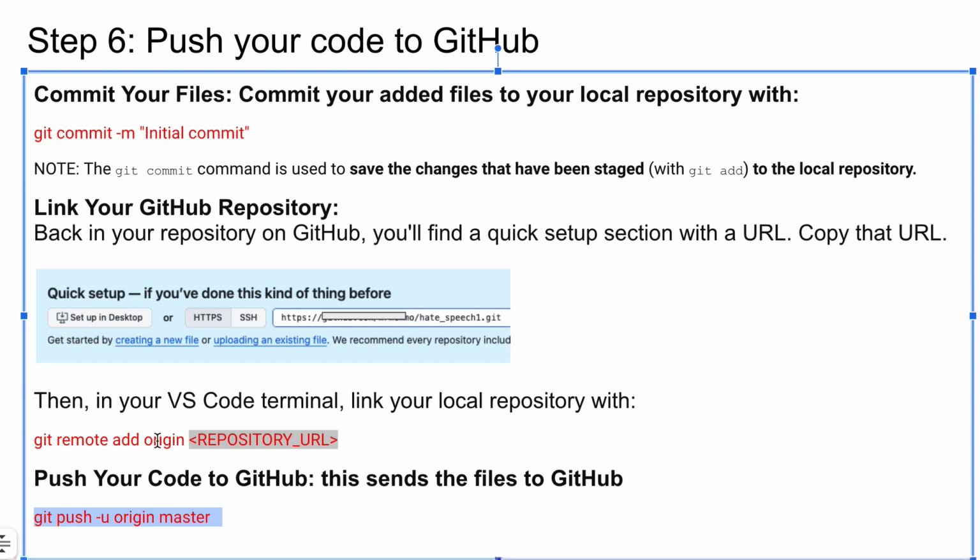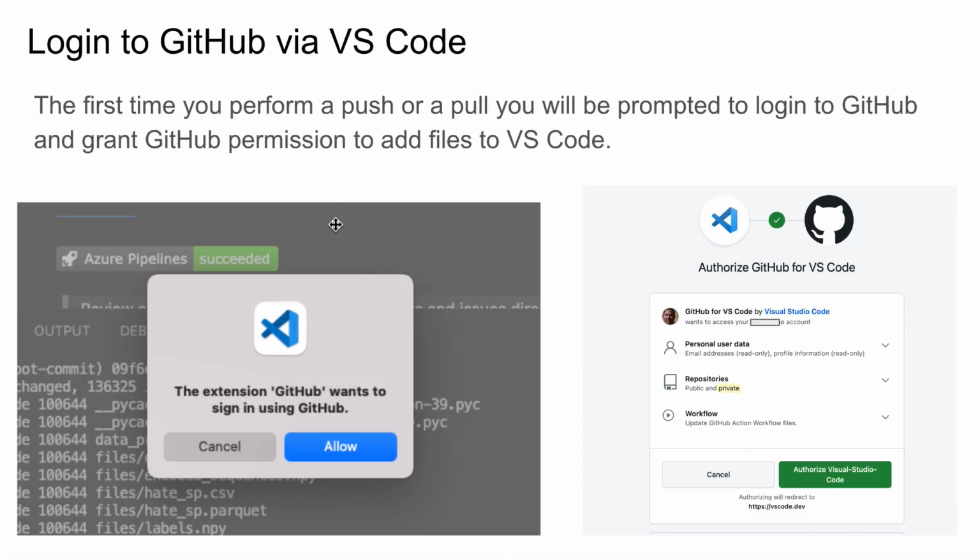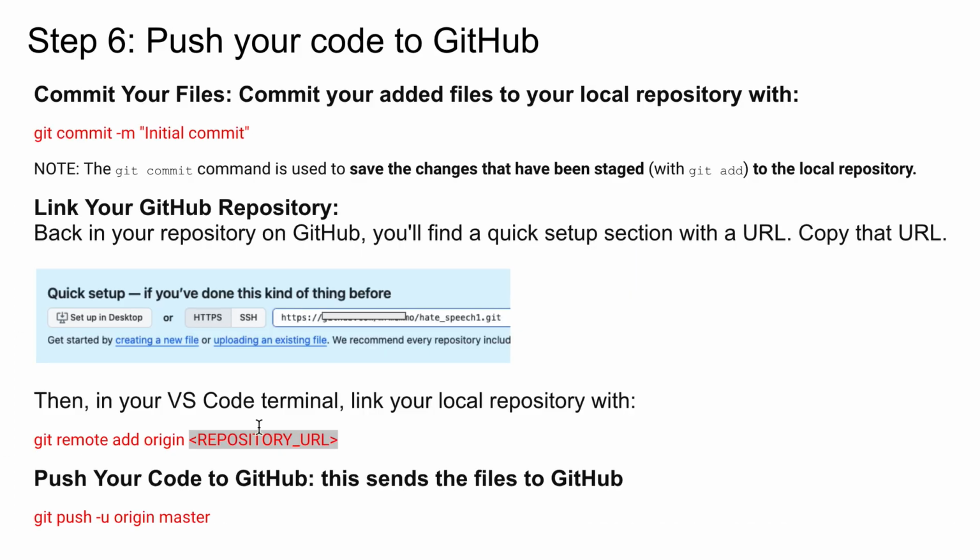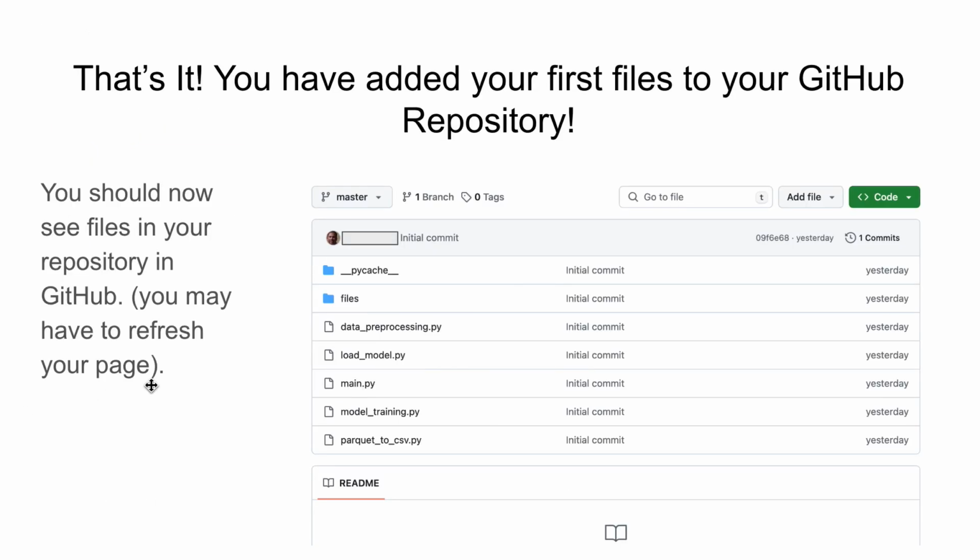At some point on one of these two commands, you'll get a pop-up in Visual Studio Code asking you to authorize GitHub to work with Visual Studio Code. You'll hit allow, and then you'll probably get to a screen that says authorize. Just click on that green authorize button. You may be prompted to put in your password, but if you're already logged in in the browser, you shouldn't be. And then you're good. After running this push command, you'll be able to go to your GitHub repository,